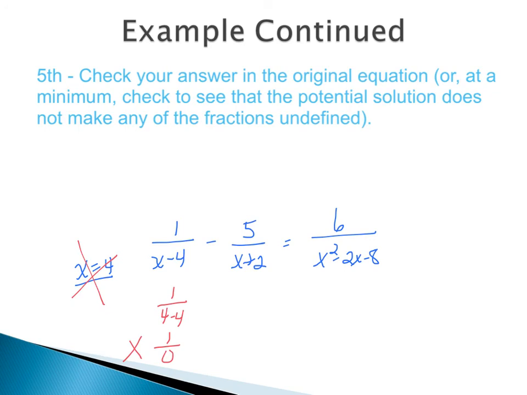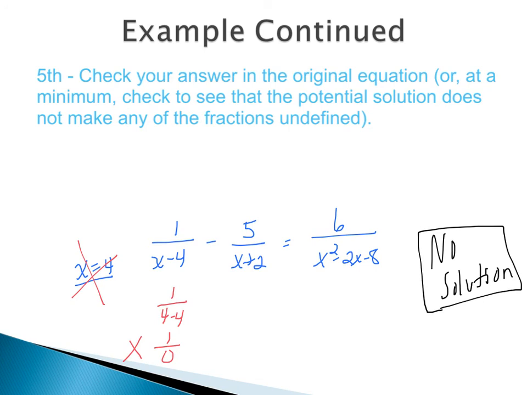So we solved for x, we got an answer, but really the answer to this problem, to the original equation, is that there is no solution because the one that we found did not end up working in terms of substituting back in. Now you can plug in x equals 4 into the remaining fractions. You'll find that 6 over x squared minus 2x minus 8 when you plug in x equals 4 will also give you a 0 in the denominator, which will again show why it is not a solution. So make sure once you get your answer, go back, substitute in, at least just check the denominator. If it makes the denominator 0, it cannot be an answer.